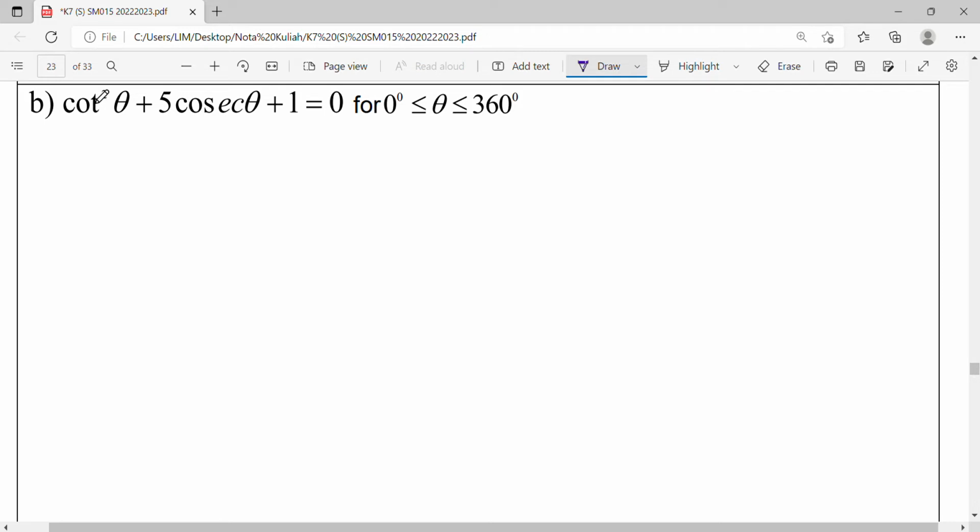So for this example, given the equation cotangent squared theta plus cosecant theta plus 1 equals 0. Notice that our equation is in quadratic form, but the trigonometric functions are different: here is cotangent, here is cosecant. We can use our identity formula, where cotangent squared is equal to